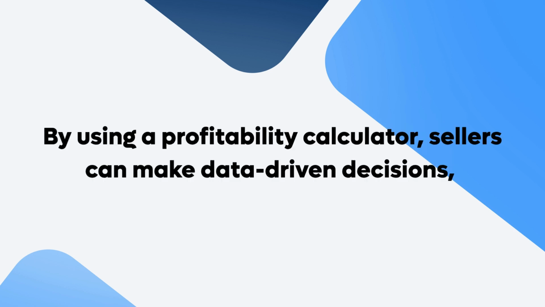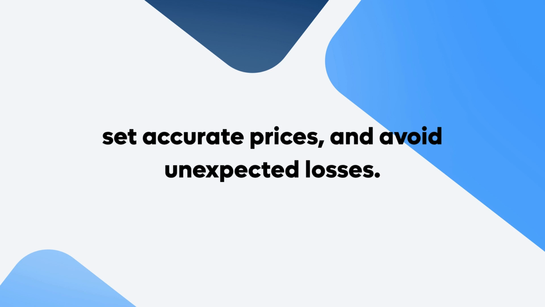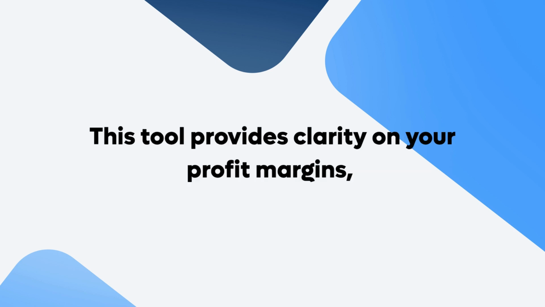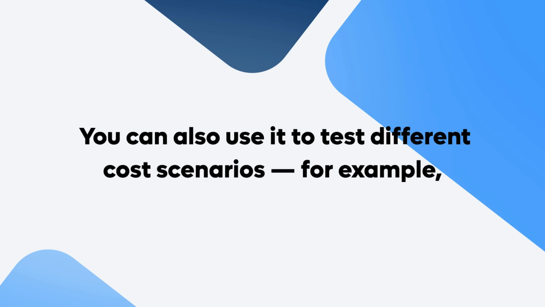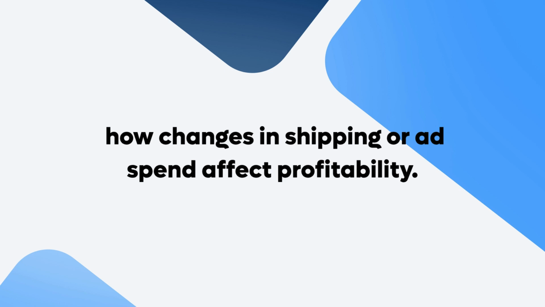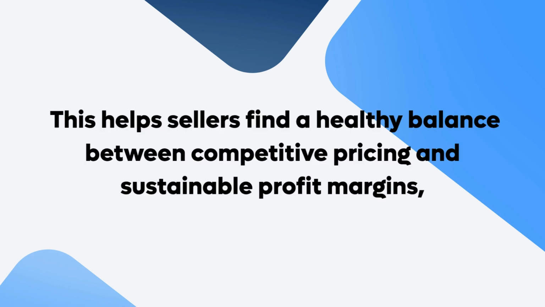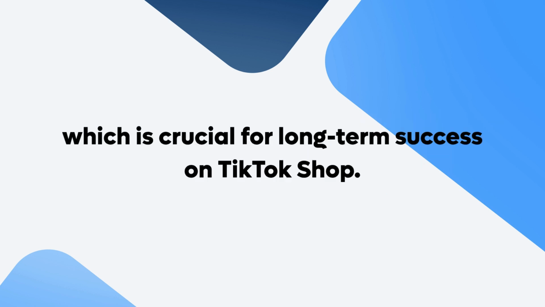By using a profitability calculator, sellers can make data-driven decisions, set accurate prices, and avoid unexpected losses. This tool provides clarity on your profit margins, allowing you to adjust your pricing strategy for maximum earnings. You can also use it to test different cost scenarios. For example, how changes in shipping or ad spend affect profitability. This helps sellers find a healthy balance between competitive pricing and sustainable profit margins, which is crucial for long-term success